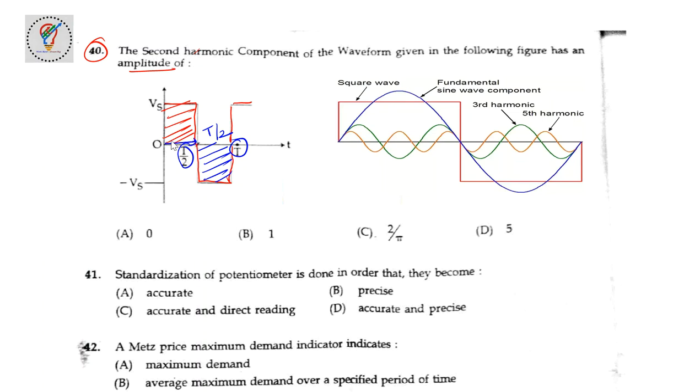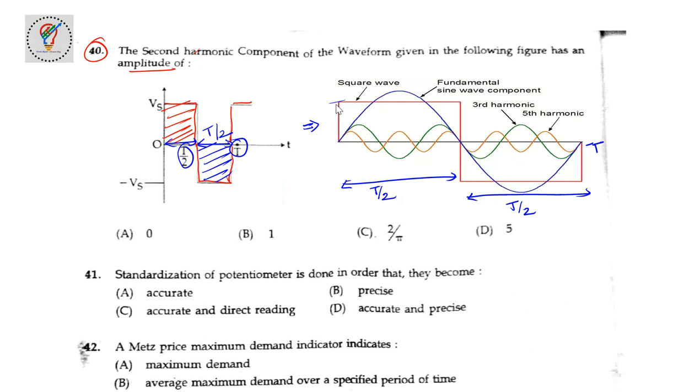So up to the half cycle the area is T by 2, and the next half cycle the area is T by 2. I am not going to use the mathematical equations here to give the answer. I will take this square wave. I have taken the same square wave, and from here to here the time period, let us consider, is T by 2. The negative half cycle also has a time period of T by 2, and the entire time period is T. As you can observe here, a square wave can be represented with multiple frequencies of sinusoidal waveforms. That is nothing but a Fourier series expansion.